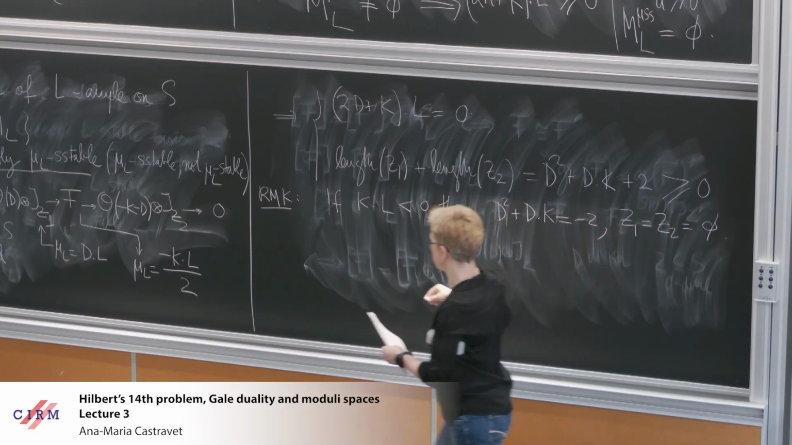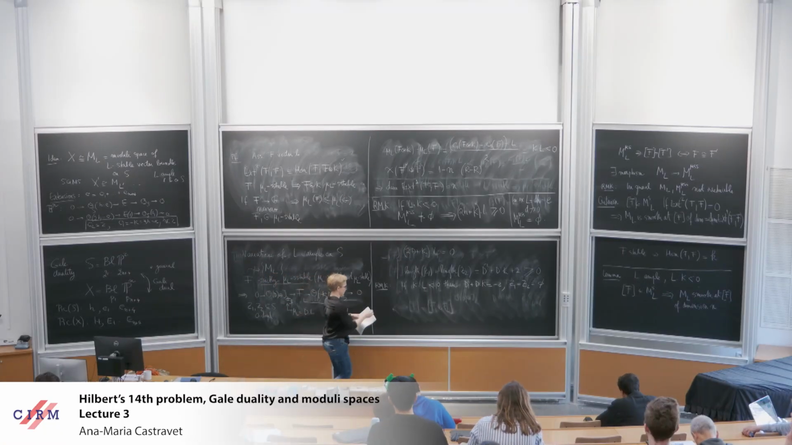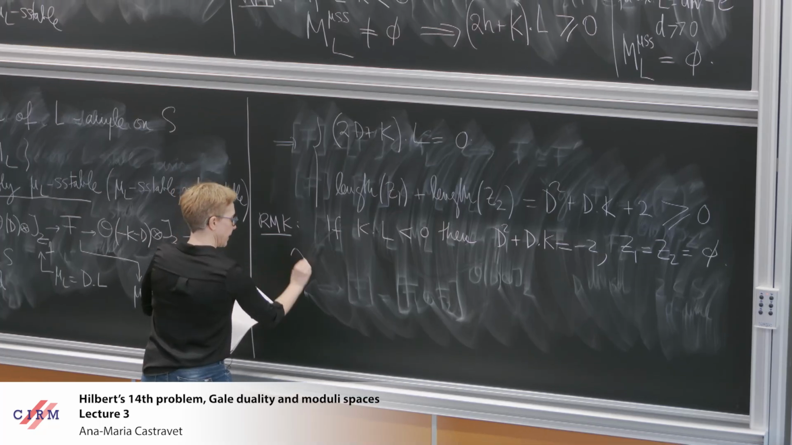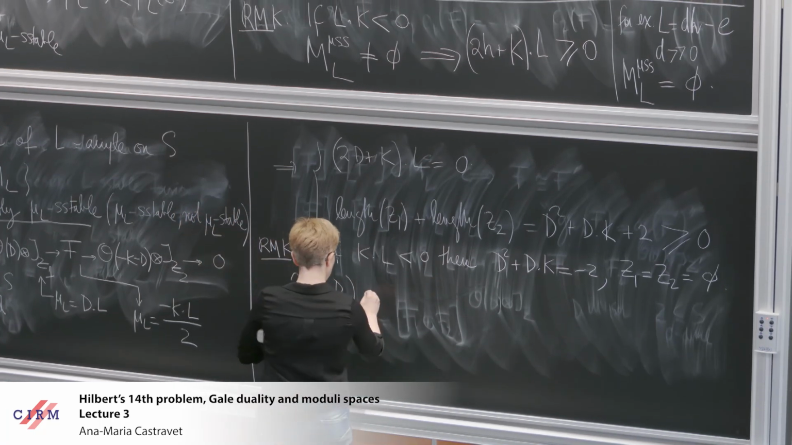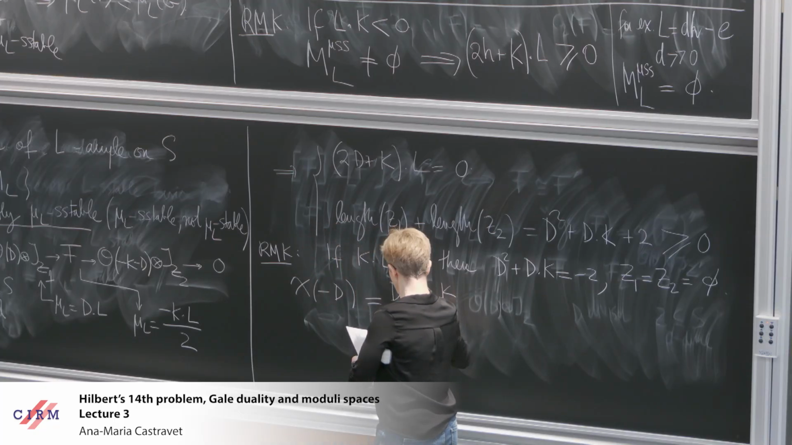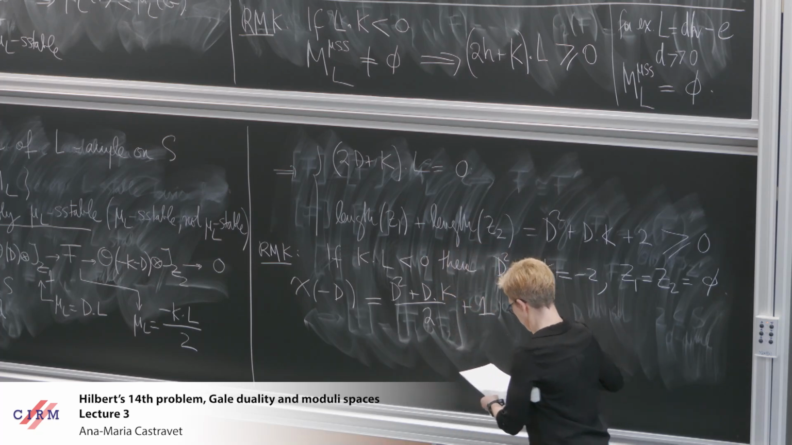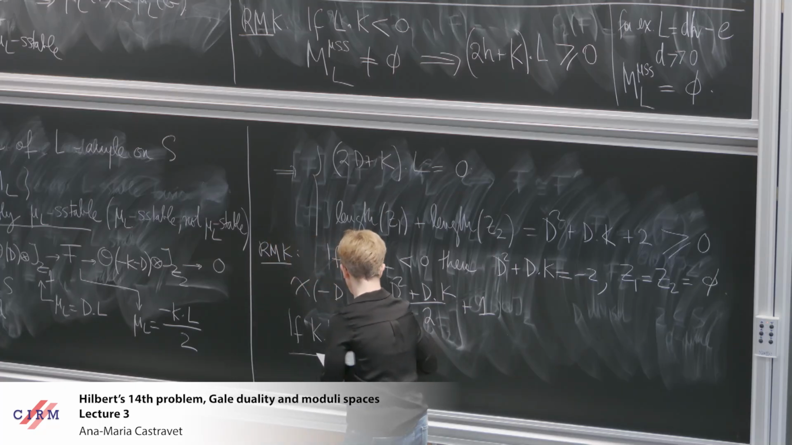So strictly semi-stable objects will arise exactly from extensions of line bundles. Again, it's not hard to see. It's a calculation of the Euler characteristic of minus d. So this is d squared plus d times k over 2 plus 1. It's a rational surface. And then if k times L is not positive,